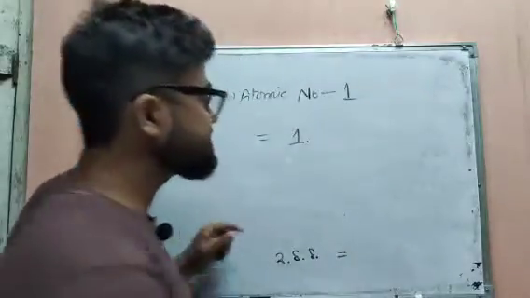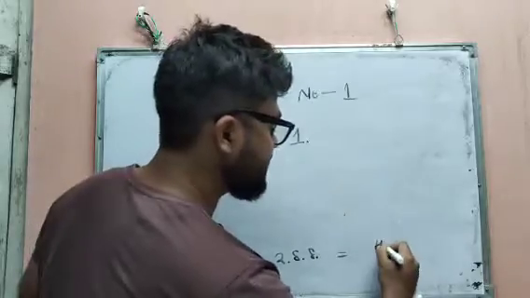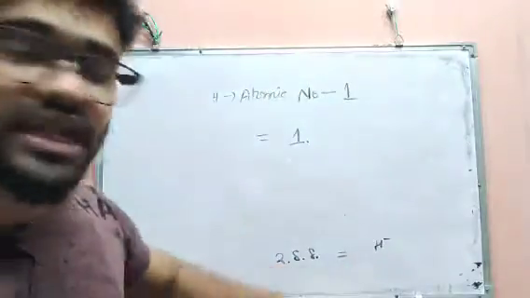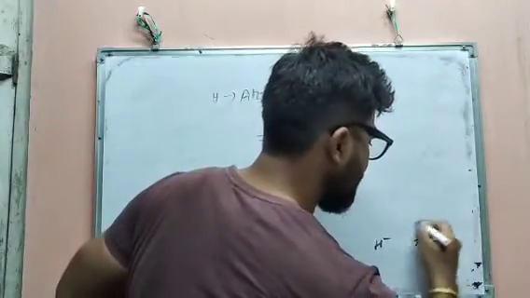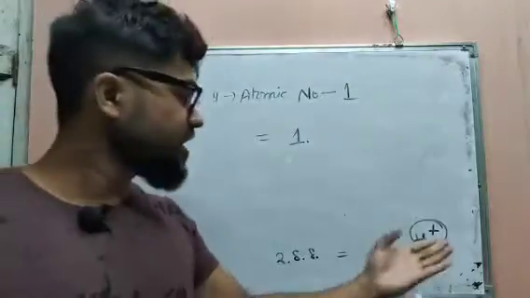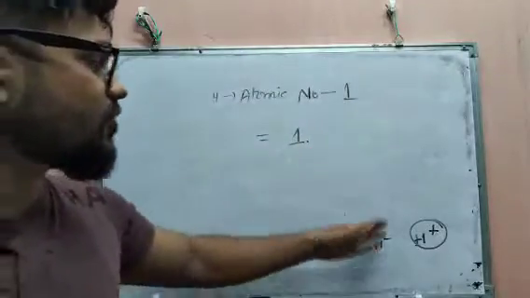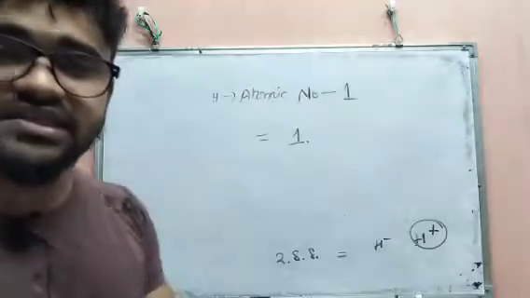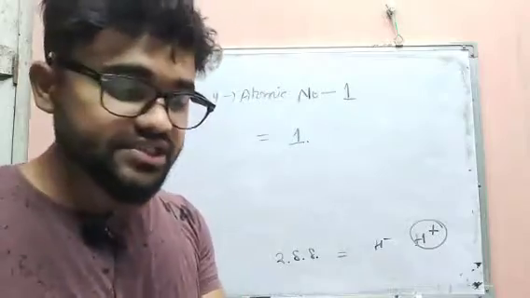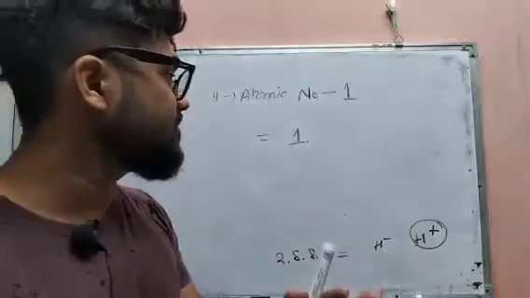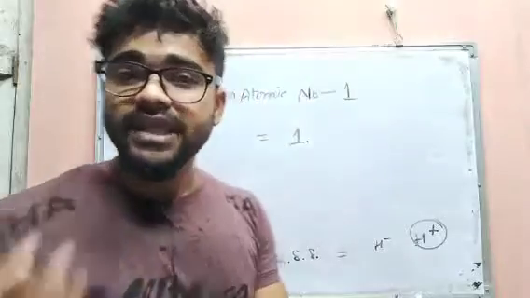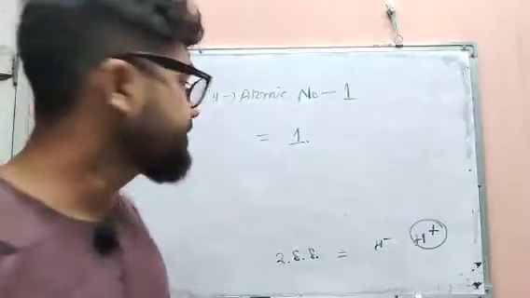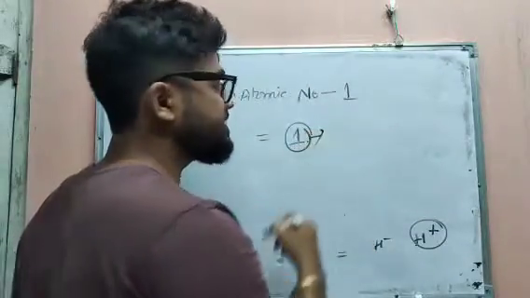Then it becomes, as it is gaining an electron, it would become H negative. But we never write hydrogen as H negative. We write hydrogen as H positive. Now you can ask me, sir, why is it H positive? Because you told me that it will borrow some electron from others. Listen, always, hydrogen is considered as a hydronium ion, that is, hydrogen is always considered as an acidic ion. That means hydrogen is always considered as positive, though it has one electron. So it will donate this electron to the other one.